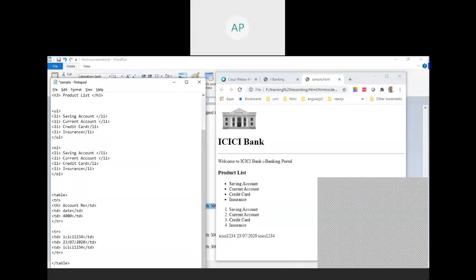If it is TH, then your content will be shown in bolder letters. That's the difference between TD and TH. Header, TH, header. Control S. Let me run this one. See here, header, and you got it.